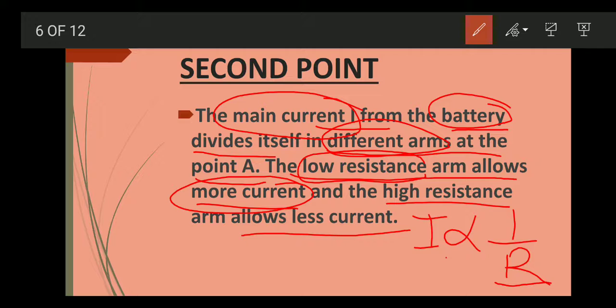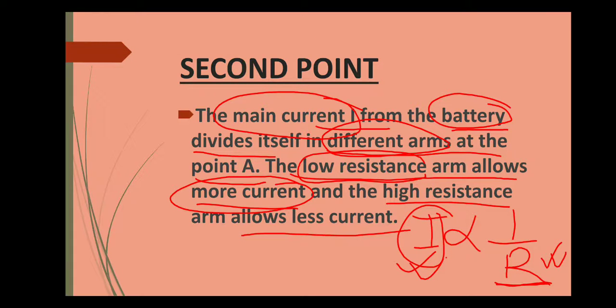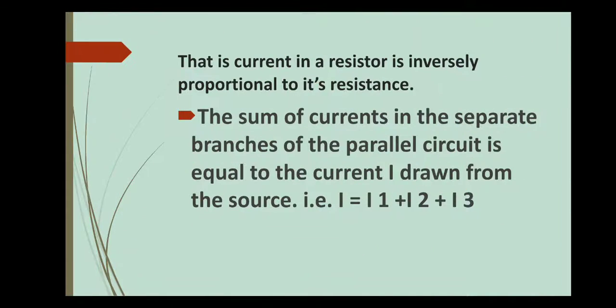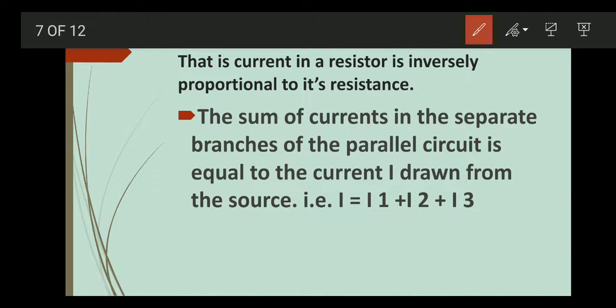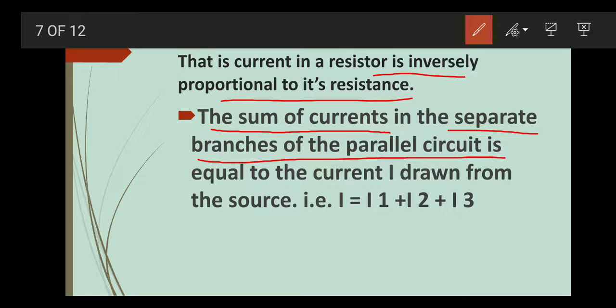So if there is less resistance, then there will be more current, and if it is high resistance, then in that case less current will flow in the circuit. So this way these are two important points of parallel combination of resistors. Current in a resistor is inversely proportional to its resistance. Also, the sum of currents in the separate branches of the parallel circuit is equal to the current I drawn